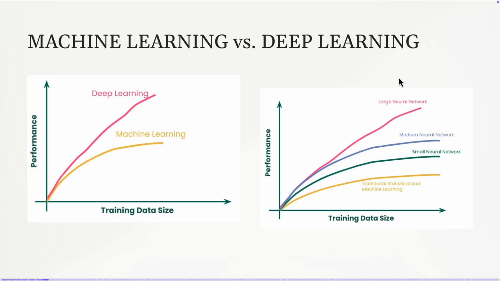Now, another difference is in terms of performance. The performance of machine learning and deep learning will heavily depend on the training data size that you will use for training. Usually when you have a small amount of data, we should not observe big differences between using neural networks or classical machine learning techniques, but the difference will become tremendous when the data size increases. This is because deep learning has the ability to learn the features.